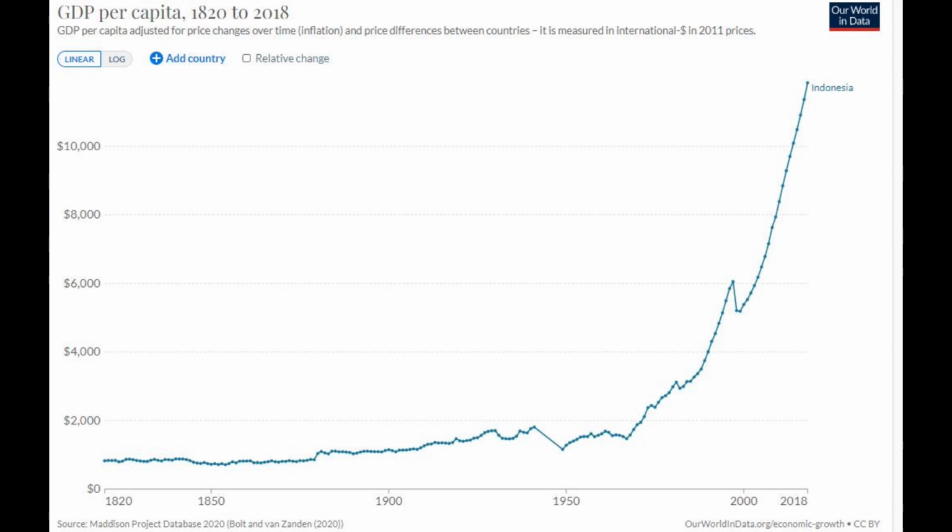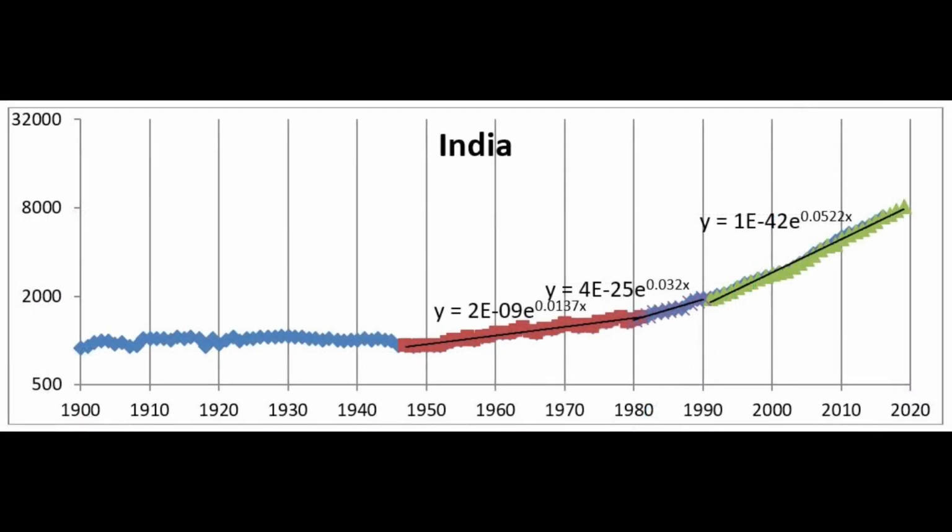Now, the final example that I wanted to talk about here is India. India is different to these other cases because, unlike all of the other cases, which are now at least middle or if not high income countries and experienced quite a bit of economic growth over the course of the late 20th century, India experienced very little economic growth until the 1980s. As late as 1980, its GDP per capita was still only about, I think, 700 or 800, which would make it a very poor country.